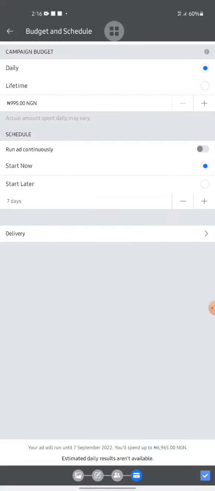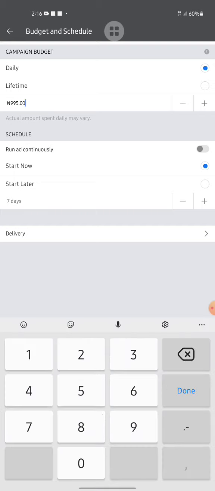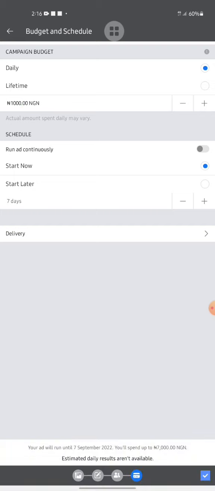it means that each day I'll be spending 995 naira. This is just a 5 naira difference. Or if you want, you can just complete it to 1000 naira. 1000 naira is $2. Okay, if you want, you can complete it. So each day I'll be spending 1000 naira. Okay, and I'll be running it for 7 days. Now you can decide, even after the 7th day, to continue running your ad by extending